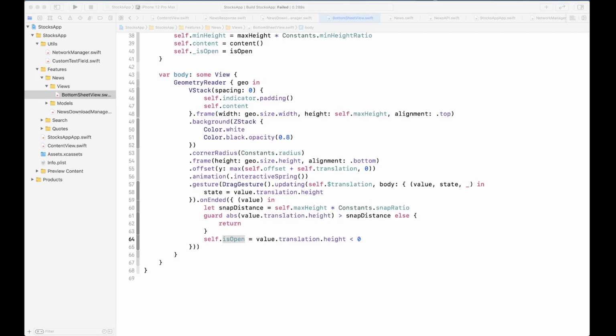The news sheet view needs a few things. For example, it needs a header and listing and everything. So let's go ahead and create those subviews first, and then we're going to create our news sheet view, and then put everything together to take a look at it in action.